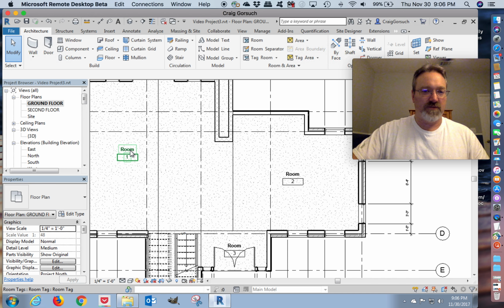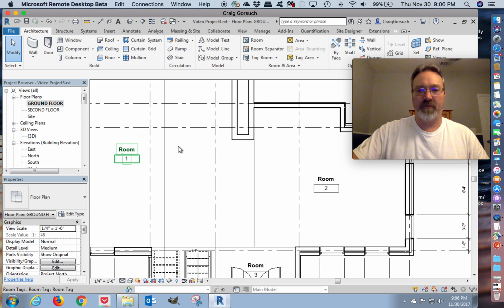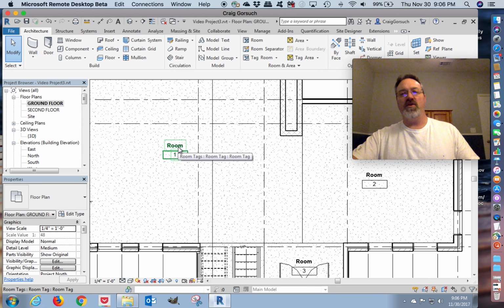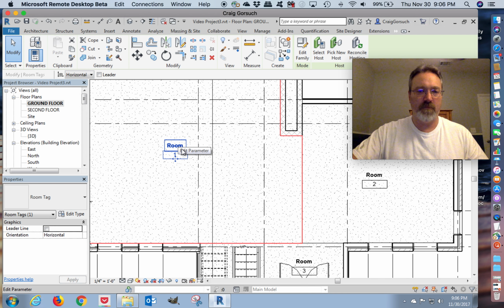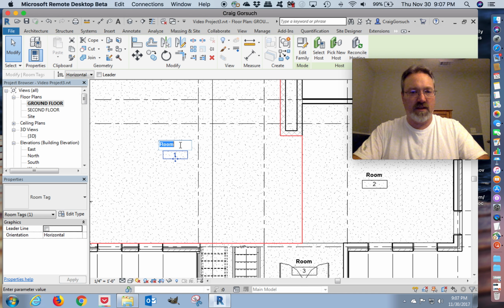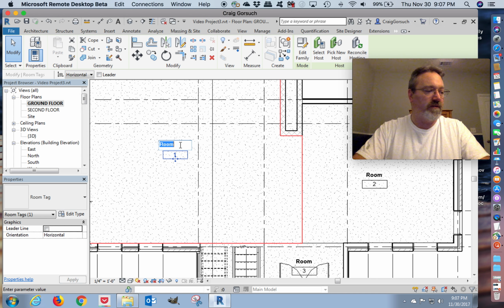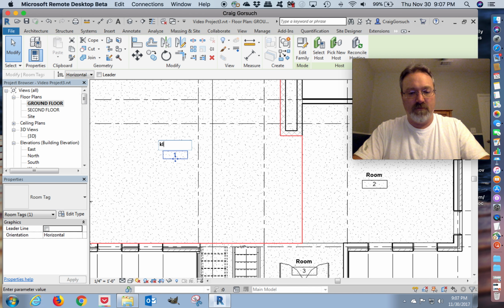Okay, so the first thing I'm going to do is rename this. I don't want my rooms to just be Room. They need to be descriptive of what's actually happening there. So I'm going to click on my room, and click a second time. This is different than a double click. I'll show you the double click in a minute and why we don't want to do it all the time in Revit. And this is going to be kitchen,